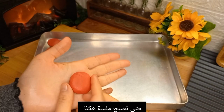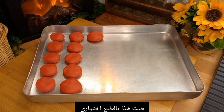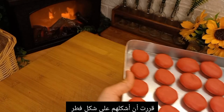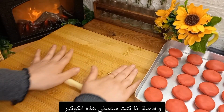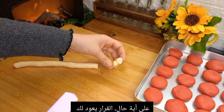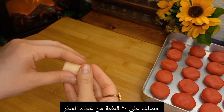to make them nice and smooth, so it could look like a mushroom cap, which by the way is optional. You can have your cookies the shape you want. But for today, and personally, I decided to make them look like a mushroom, especially if you're gonna give these as an edible gift, or like me, making these for my children. But anyway, you decide. And as you can see, at this size, I'm gonna be able to get 20 of